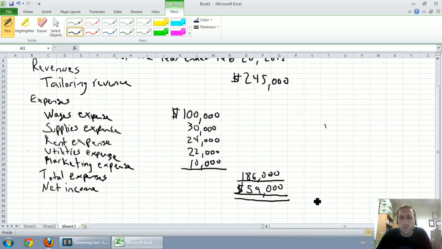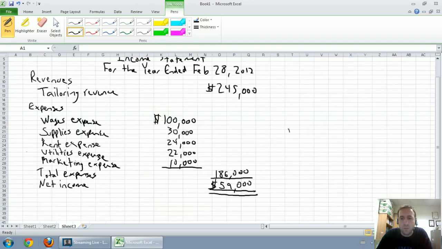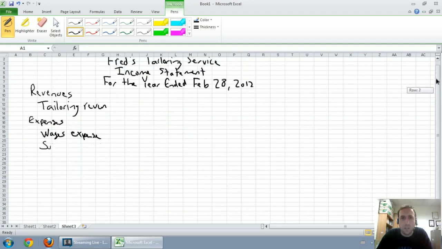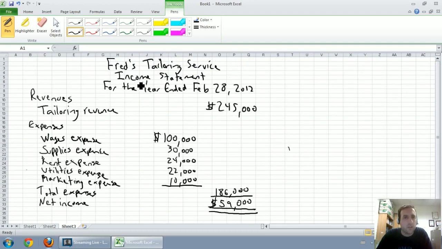Zooming back out even further, we've got ourselves a good title here, Fred's Tailoring Service, income statement for the year ended February 28, 2012. We've listed our revenues, we've listed our expenses, we've come down to a total net income. Our company's made $59,000. Revenues minus expenses equals net income. And there you have it. There you have a first basic income statement. Next, we'll do statement of